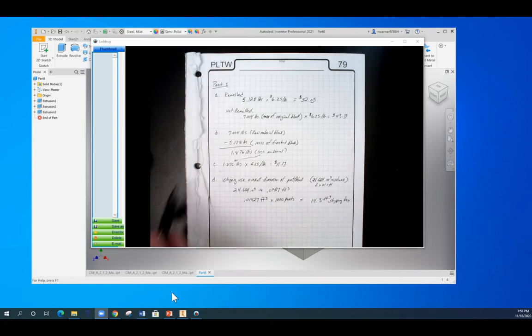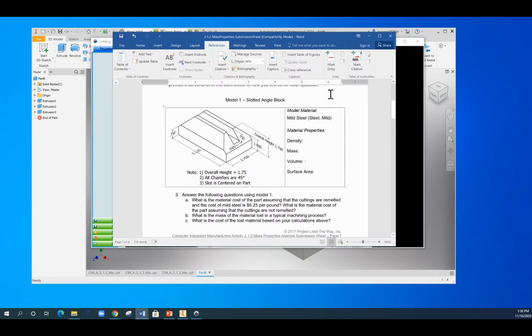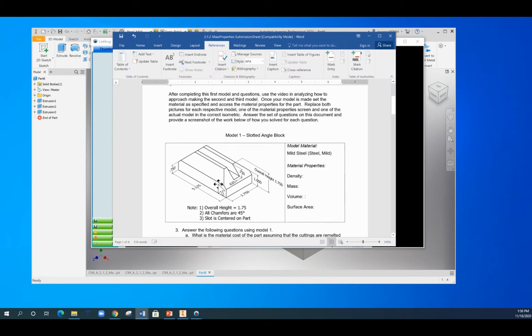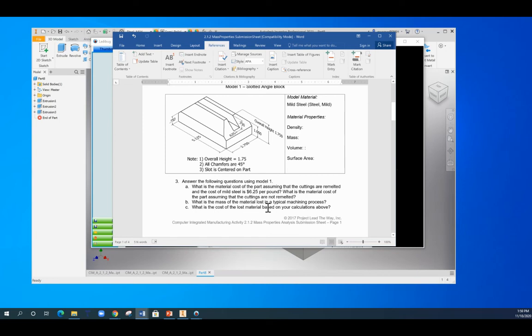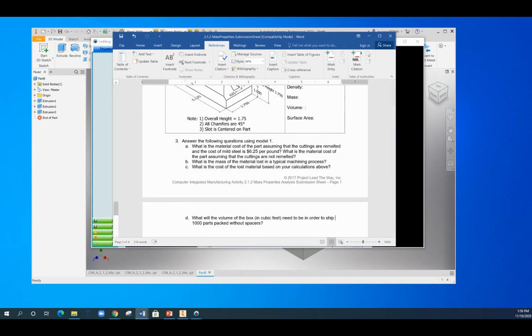Okay. Let's see here. The reason we are doing that is, coming back to this activity sheet, I've got to get myself situated here. What is the cost of the lost material? What will the volume of a box in cubic feet, that's key, need to be in order to ship 1,000 of them? Okay, so in order to do that, you would need to